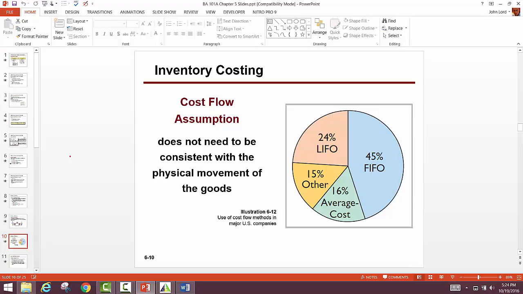A lot of companies, most of the companies, choose FIFO because their goods actually flow in that manner, and so they don't have to have a separate accounting system that pretends that the goods went out in a LIFO manner when in fact they went out in a FIFO manner. And they do the cost-benefit analysis. How much is it going to cost us to have this separate